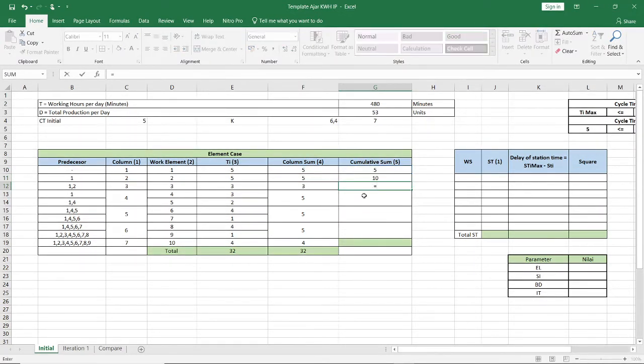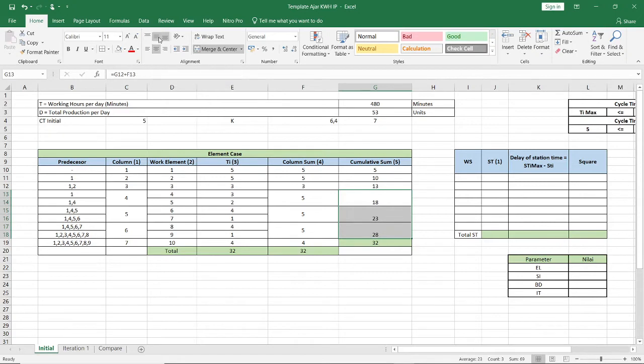Do it again: 10 plus 3 equals 13. Again, 13 plus 5 equals 18. 18 plus 5 equals 23. And the last, 23 plus 5 equals 28.